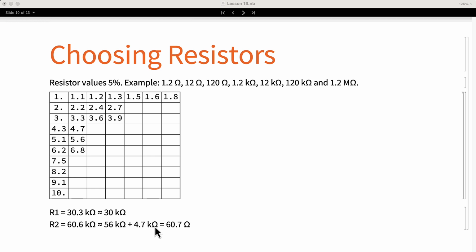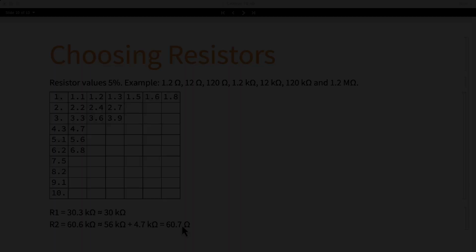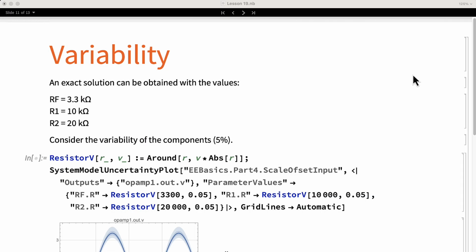We can pick different values for RF in order to find a value that is closer to the target. The process of selecting the best component value can be a bit complicated depending on the circuit, but for this formula it's still possible to find them after a few iterations. After a few iterations, I have found that the following values solve the equations exactly. A resistor RF of 3.3 kilo ohms, a resistor R1 equals to 10 kilo ohms, and R2 equals to 20